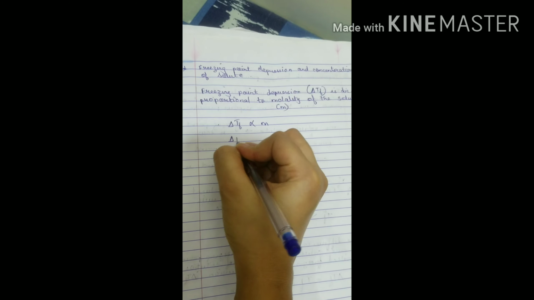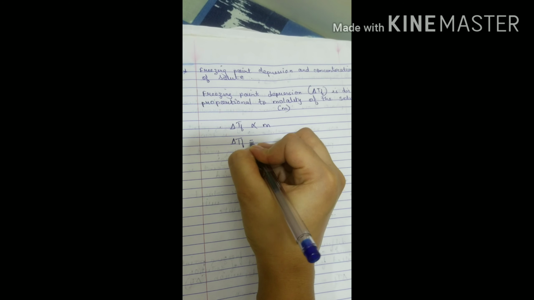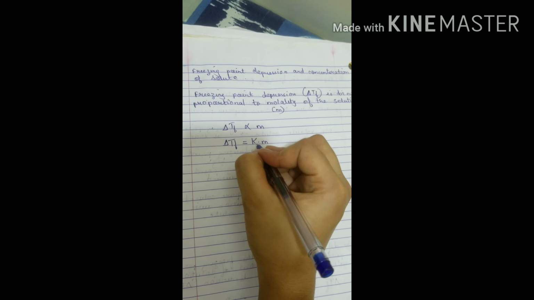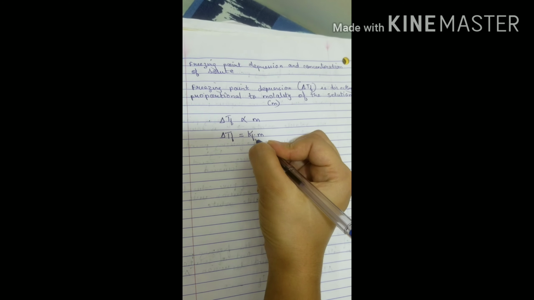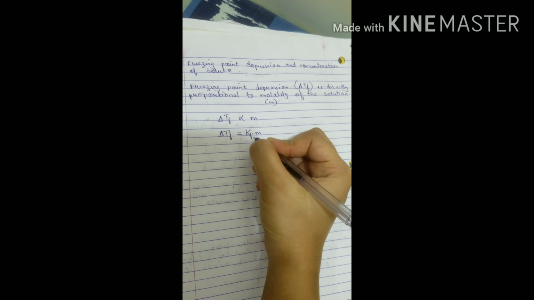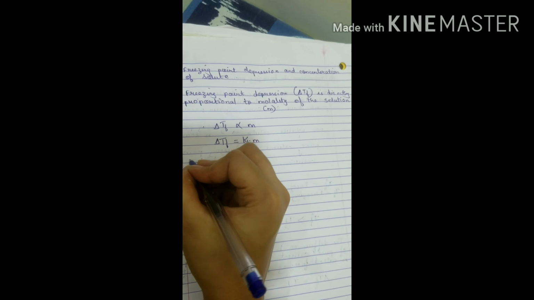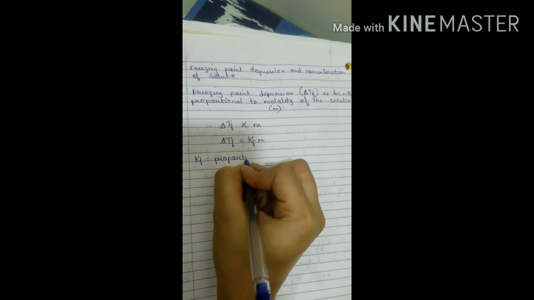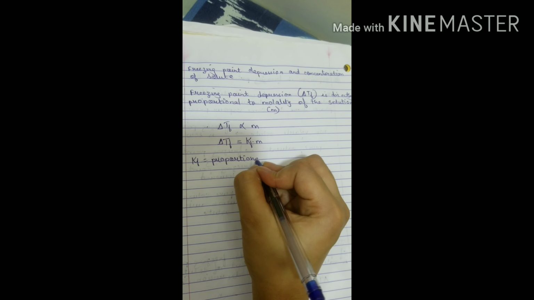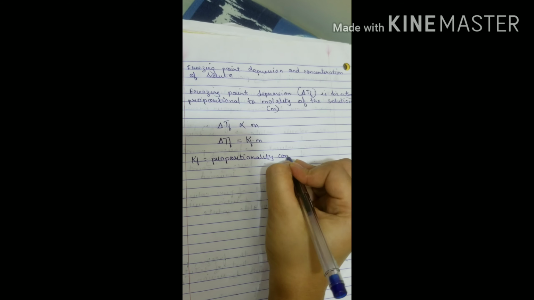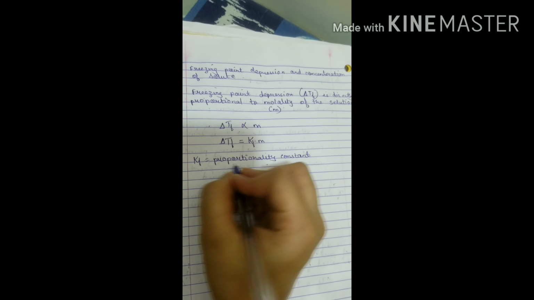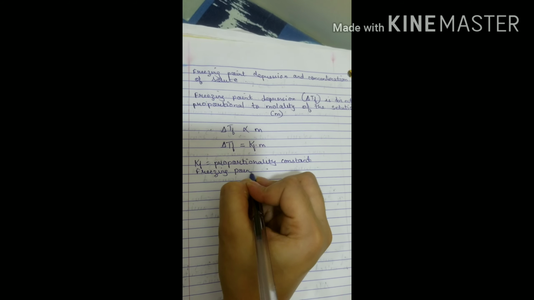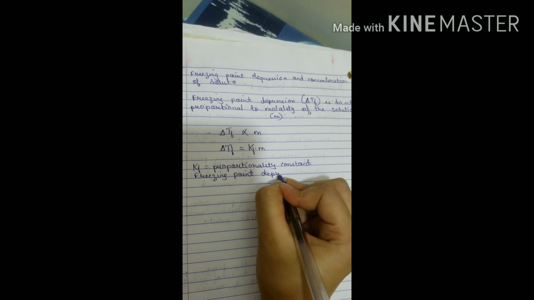So it will become what? Delta Tf is equal to Kfm. Okay, now just don't forget to put Kf here. F stands for freezing point depression. Now this Kf is the proportionality constant, and it is also called the freezing point depression constant,